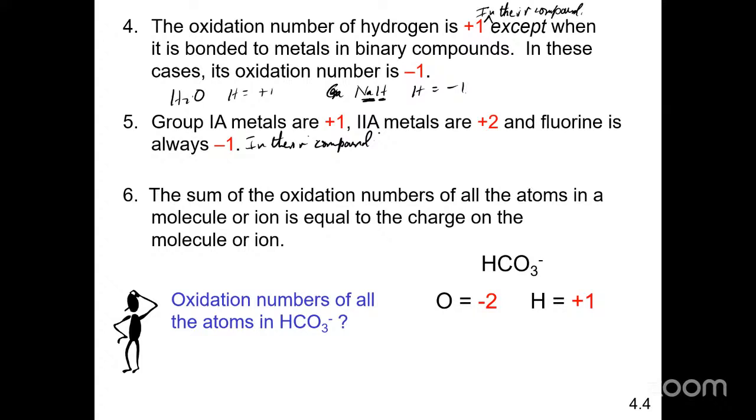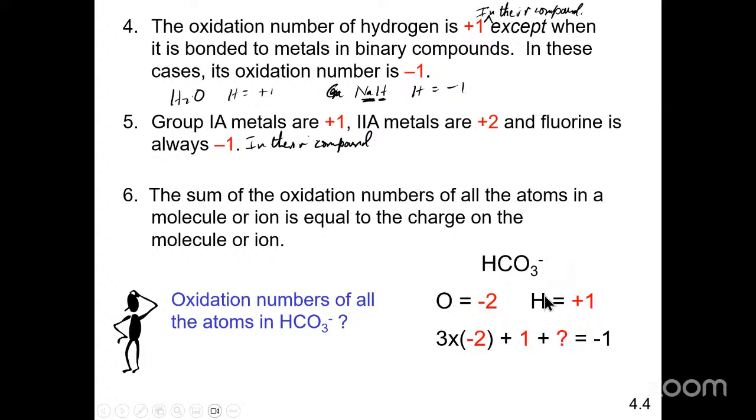But the rules do not give a direct answer as to what the oxidation number of carbon is. However, based on rule number 6, we know that the sum of the oxidation numbers of all the atoms in this formula will be equal to the charge, which is -1. So basically, we can set up an equation based on that. We can add the total oxidation number of the 3 oxygens, so that's 3 times -2, plus the oxidation number of the 1 hydrogen, which is +1, plus the oxidation number of carbon, which we don't know. When we add up all of that, that will be equal to the total charge on the ion, which is